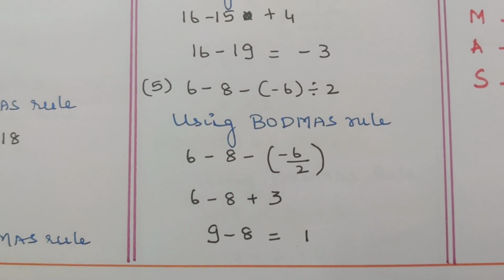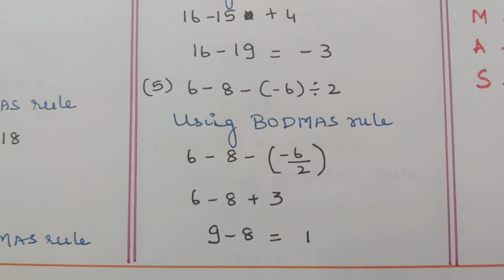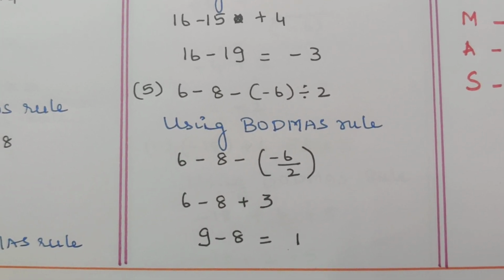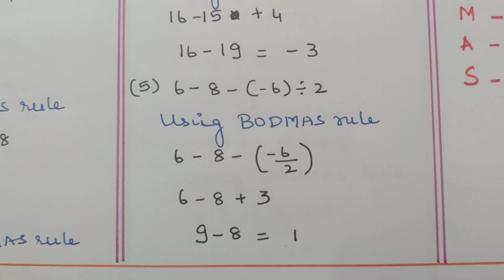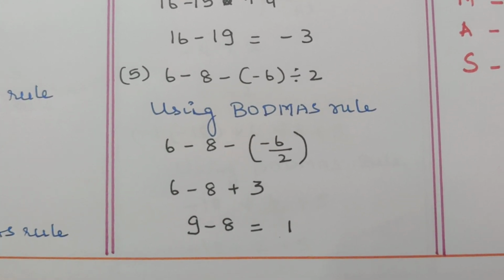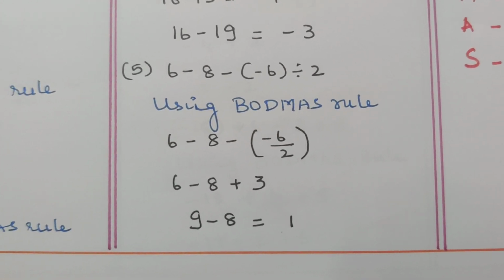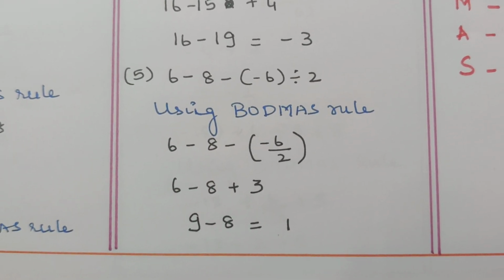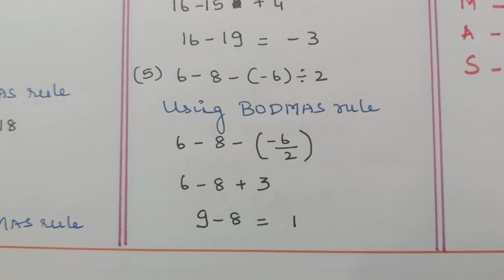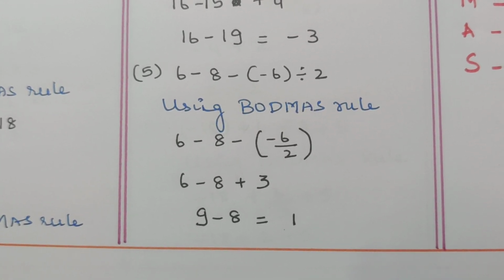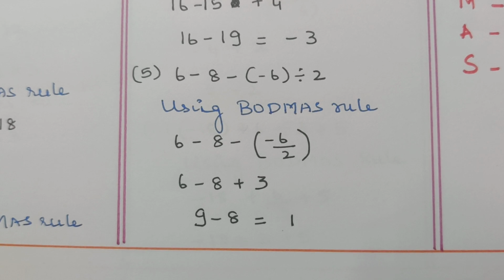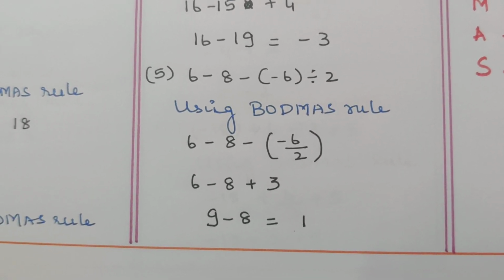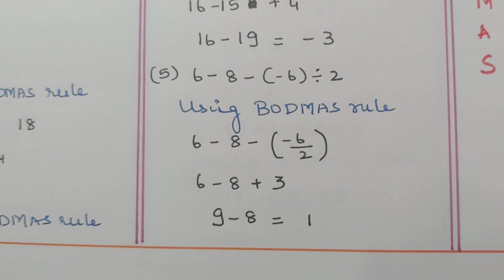Again, the next sum, 6 minus 8 minus of minus 6 divided by 2. Now we have a division operation in this sum, and we will first follow the division. So using BODMAS rule, the expression becomes 6 minus 8 minus of minus 6 by 2. So 6 by 2 is 3. Because we have a minus sign in the numerator and a positive sign in the denominator, it becomes minus 3, but we have a minus sign outside, therefore minus into minus becomes plus, so it becomes 6 minus 8 plus